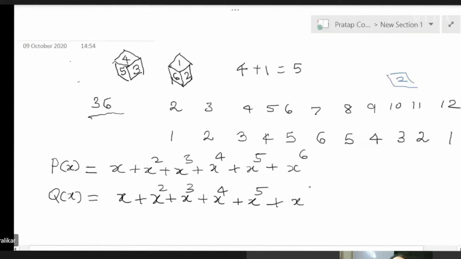And what are the numbers? The numbers are the indices of our monomials. Our monomials are x, x squared, x cubed, and these are the numbers, the indices 1, 2, 3, 4, 5, 6. And see how these numbers are obtained. The number of times 5 comes, or the probability that the sum 5 comes, is 4 upon 36. The probability that the sum 6 comes is 5 upon 36, because the total number is 36. So you learned to calculate these in statistics class. Now, the fun is that when you take the product, now where is my pen? Yeah, this is my pen.